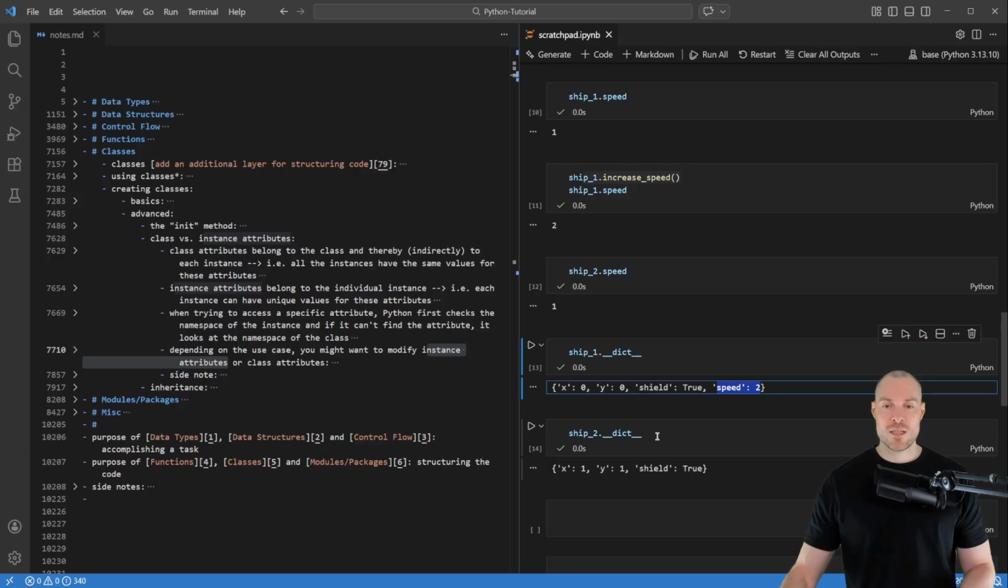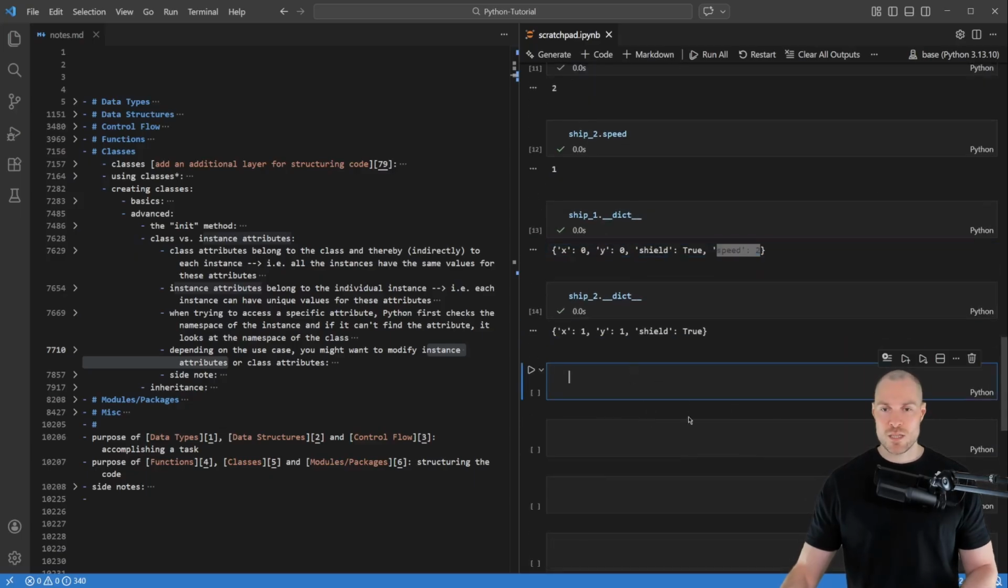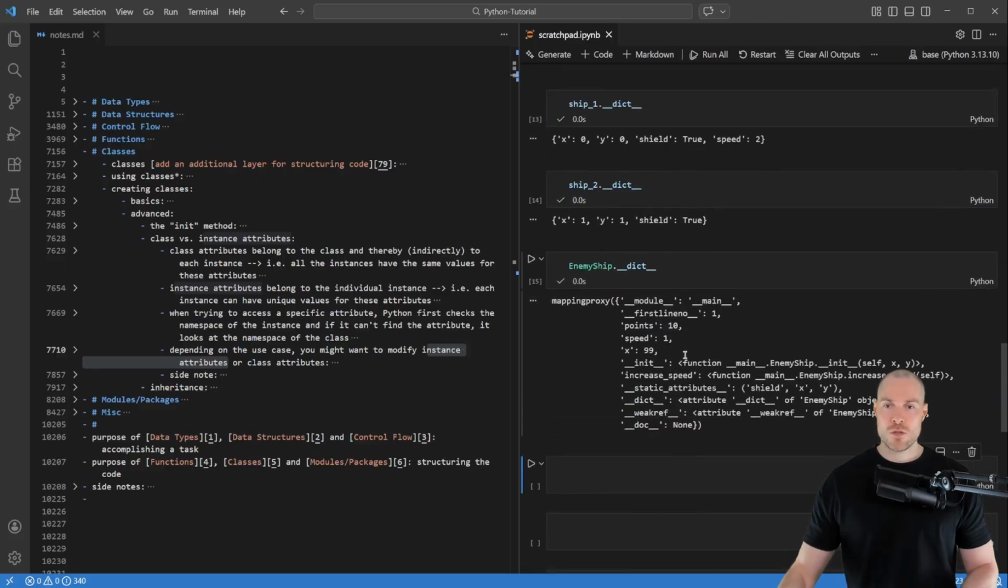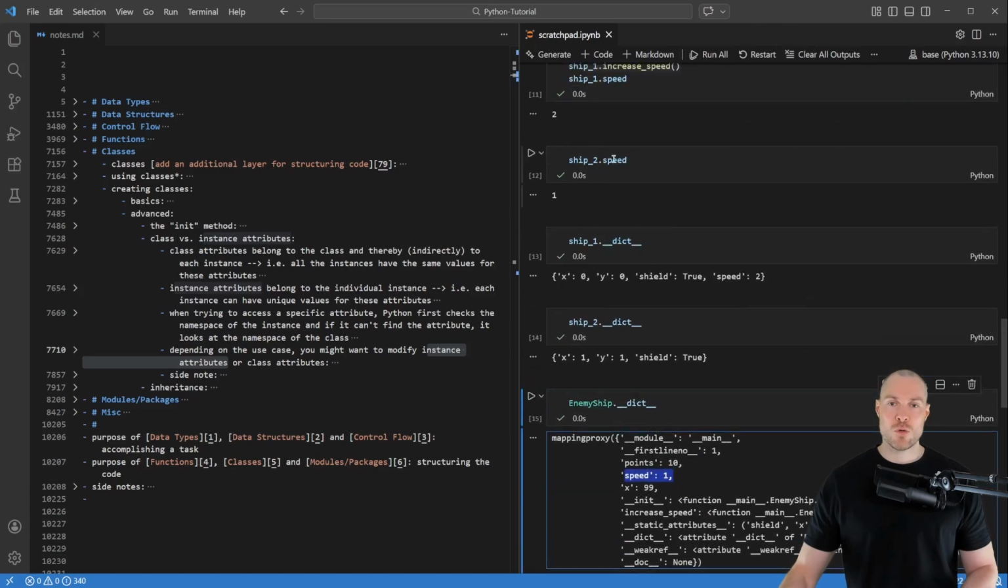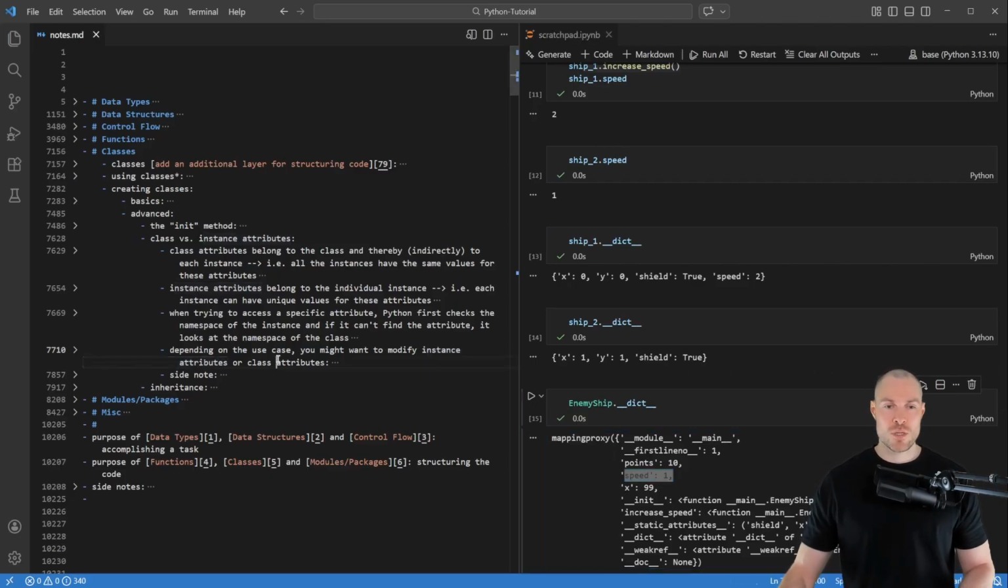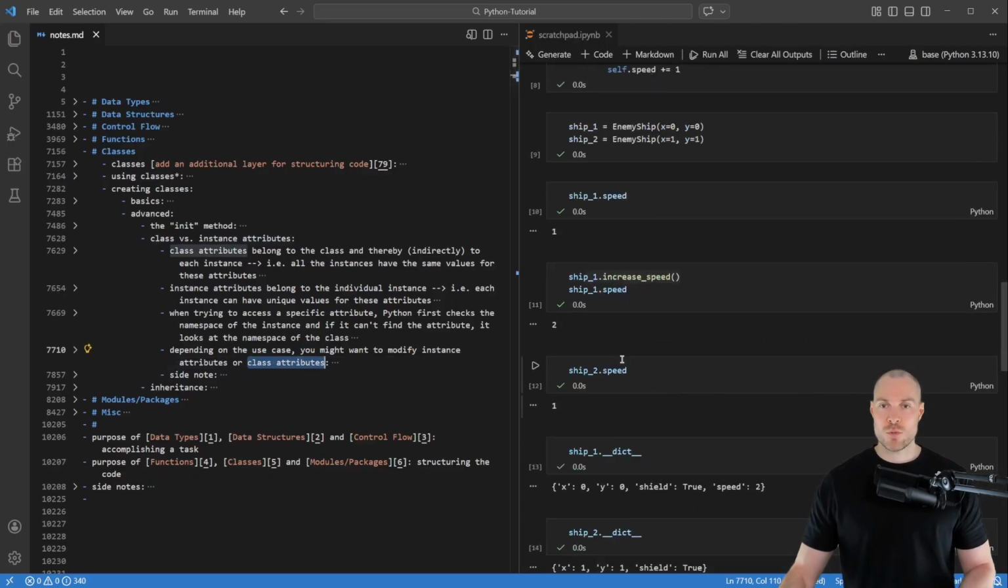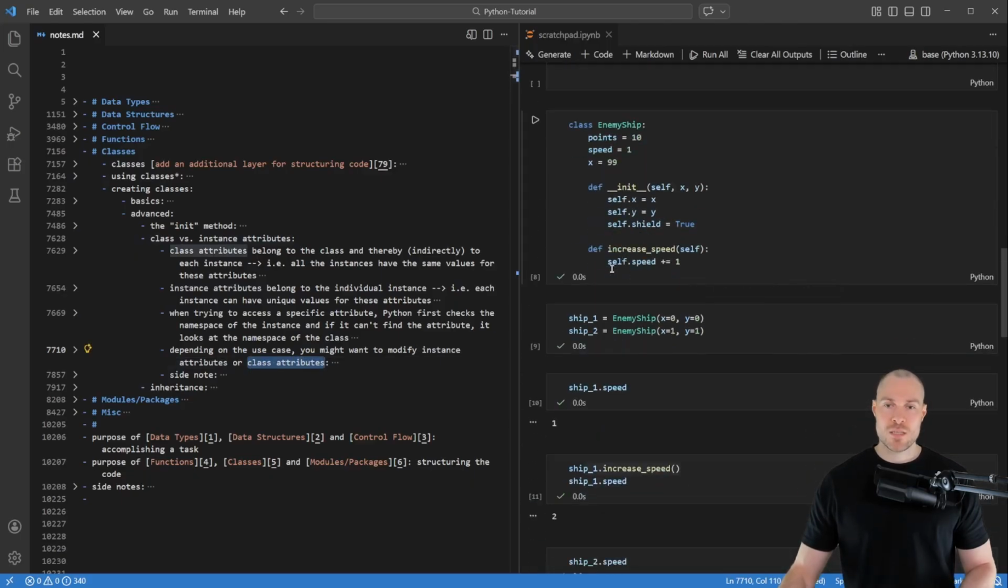So in this case Python checks the namespace of the class. If we look at that, then we can see that the namespace looks like this. So here we have the speed. That's why for ship2 we get a speed of 1, because this hasn't changed. Okay, so that is an example when we want to change the instance attribute. And now let's look at an example where we actually want to modify the class attribute. In that case, instead of saying self.speed, we simply say